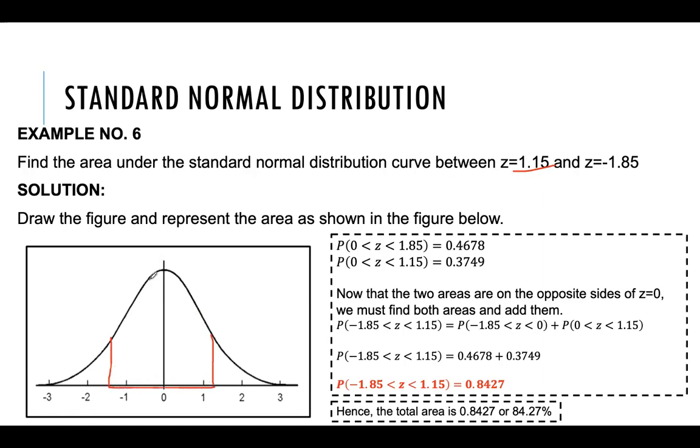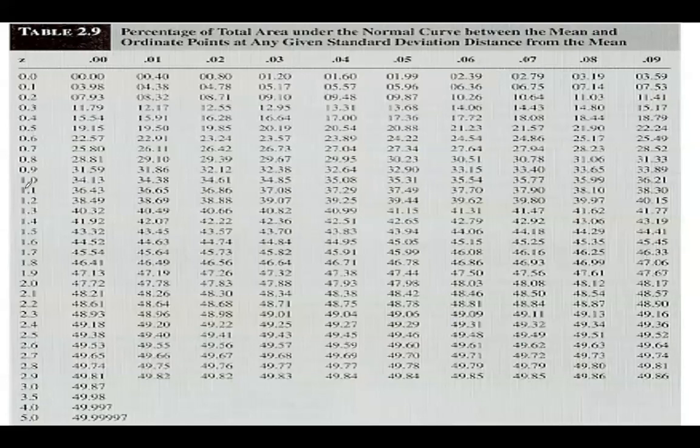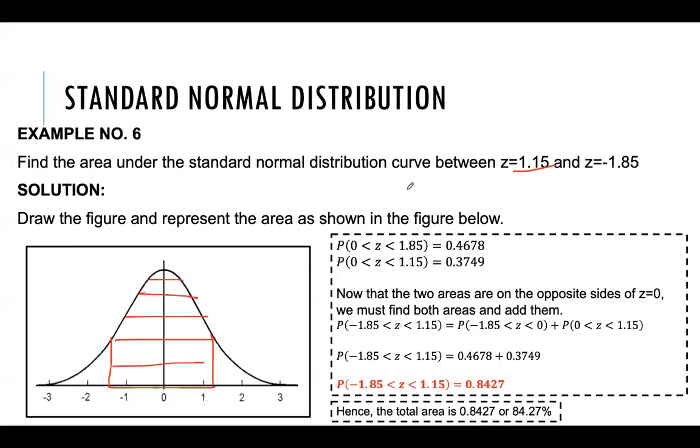Kailangan nating ma-determine yung area between the two given z values. So 1.85, based on table 2.9, 0.4678. 1.15, check natin. 37.49. Okay, so now that the two areas are on the opposite sides of the z value of 0,